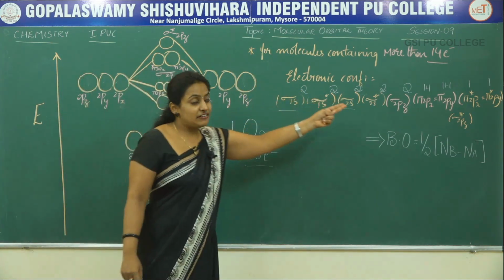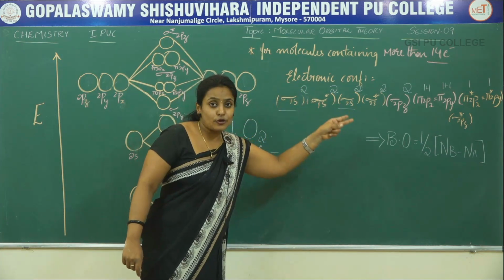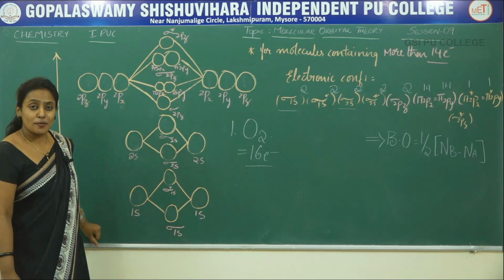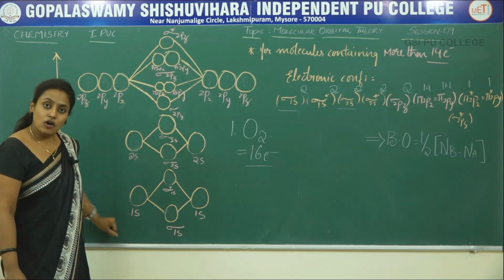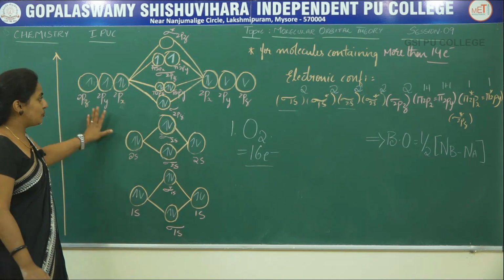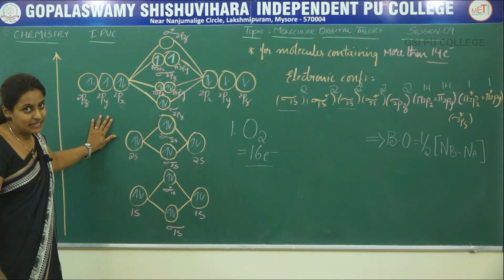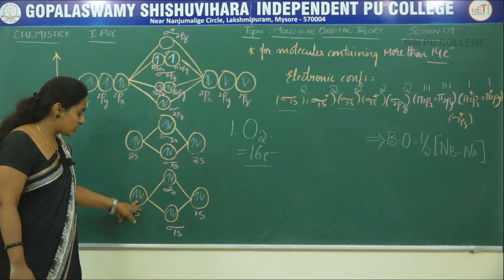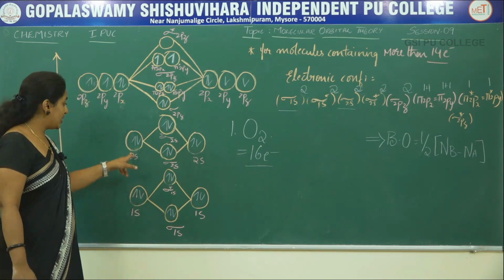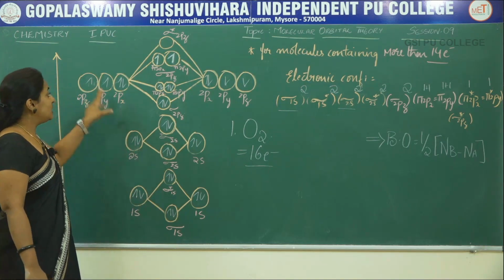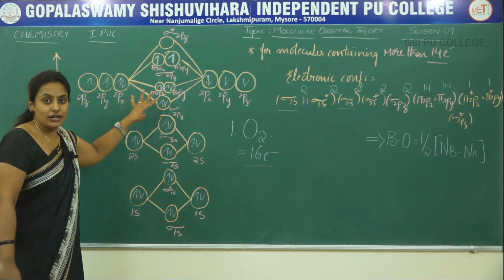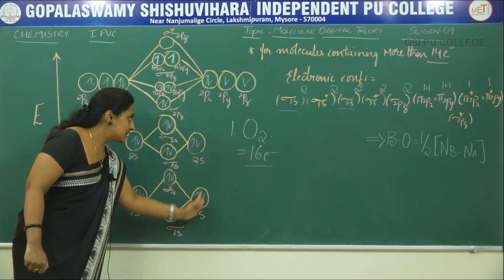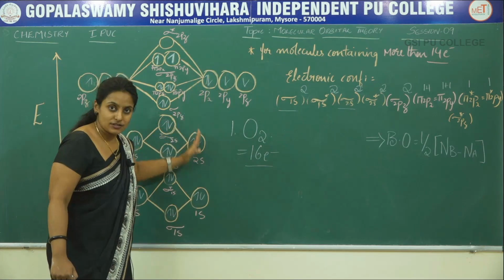Up to where have the electrons been accommodated? Up to pi star. Therefore, we should consider the whole molecular orbital diagram for this oxygen molecule. So, this would be the molecular orbital diagram for the oxygen molecule. You can observe here the 1s orbital of one oxygen atom contains 2 electrons, the 2s orbital contains 2 electrons, and the 2p orbital contains 4 electrons, 2px2, 2py1, 2pz1. Similarly, these are the atomic orbitals of the other oxygen atom.